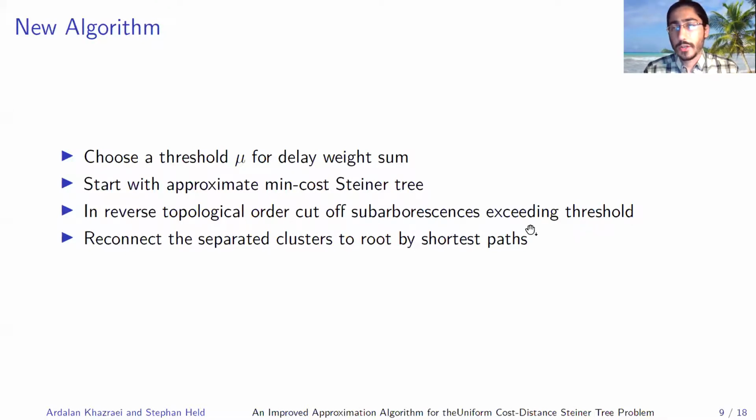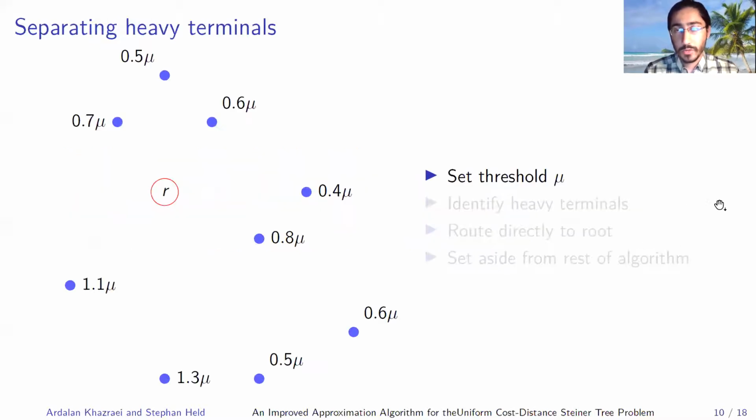We cut off subarborescences at each node where the terminals beneath it have a sum of delay weights exceeding the threshold. And then in the end, we reconnect these cutoff clusters back to the root by shortest paths. So in order to describe our algorithm in more detail, after having fixed